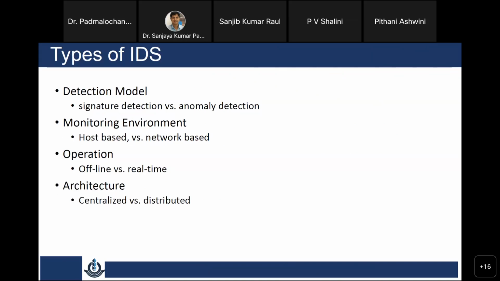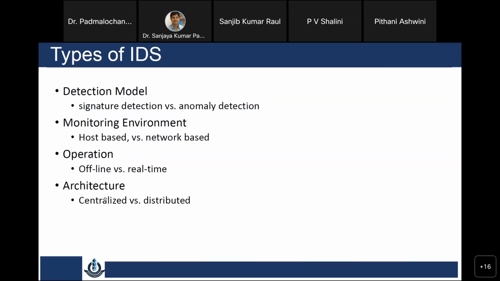That means all the data you collect, you give it to the analyzer. The analyzer processes it, analyzes it for a long time, and then gives a consolidated report that this is intrusion, this is not intrusion, and so on. And the more important and practical one is real time, which is online. So the data is coming online from different nodes in the network, and then your intrusion detection system or software detects the intrusions and reports it. Okay, so this is more practical.